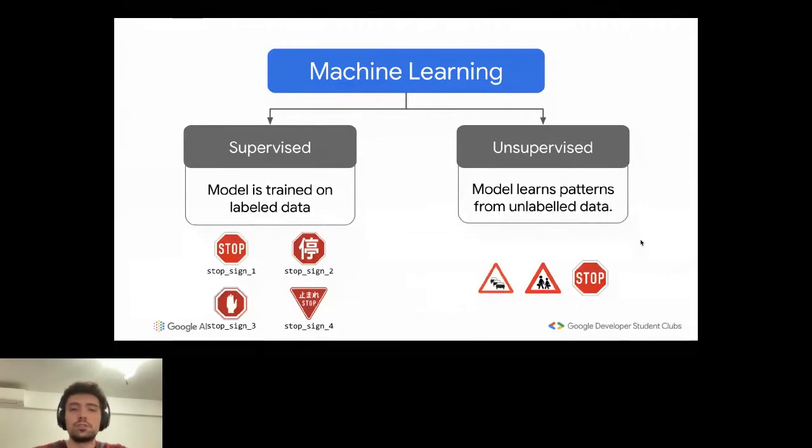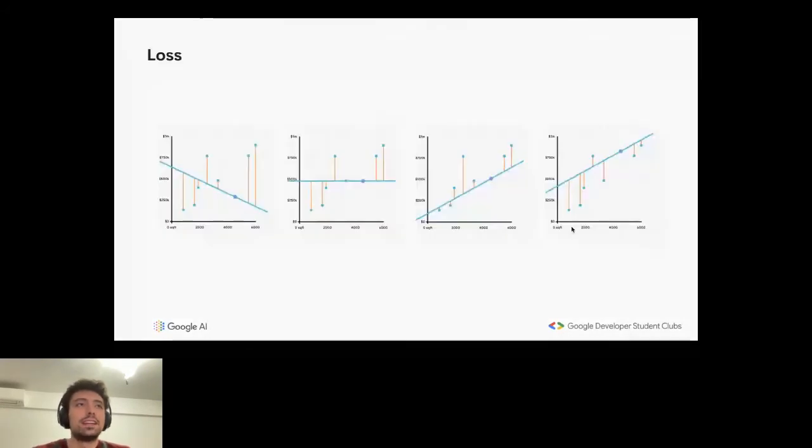I'm sure you understood this, and maybe it's also a bit boring for you, especially if you've already followed the beginners seminar. But let's look into loss. Let's get our hands a bit dirtier. Has anyone ever heard of loss in machine learning? Or actually, maybe the question should be, have you never heard of loss in machine learning? Because I'm sure many of you have heard of loss in machine learning.